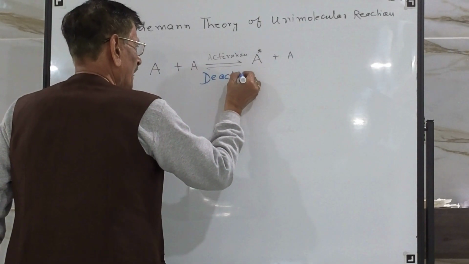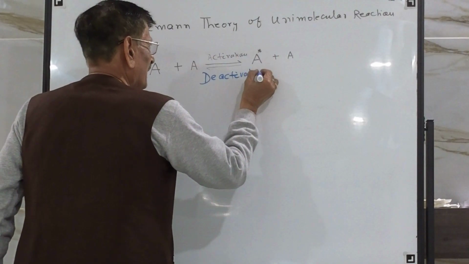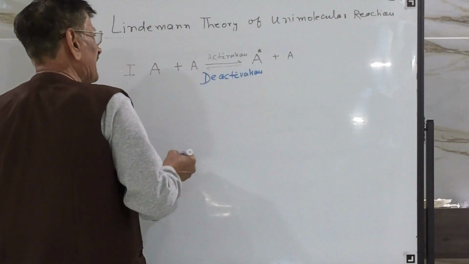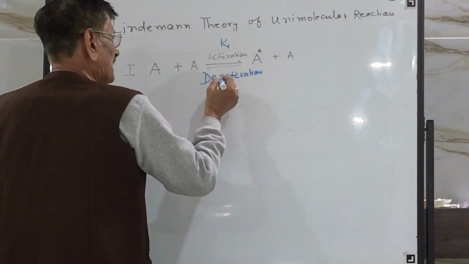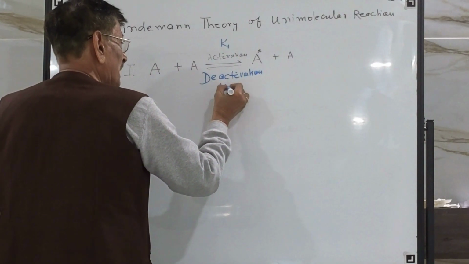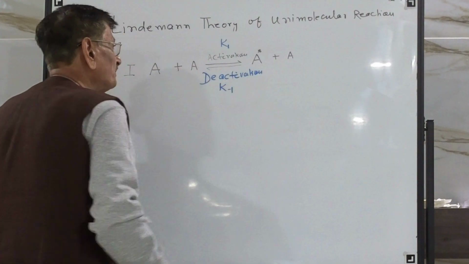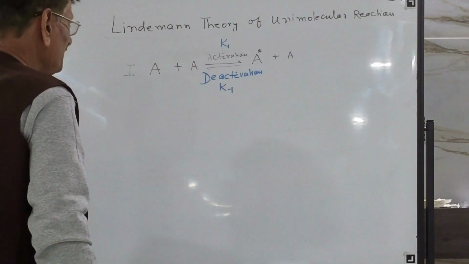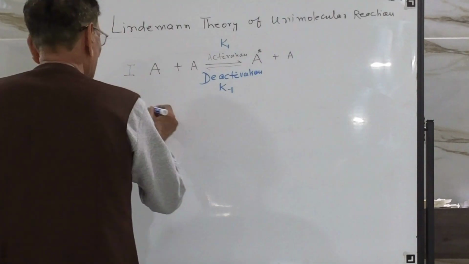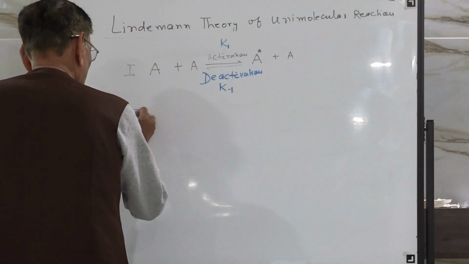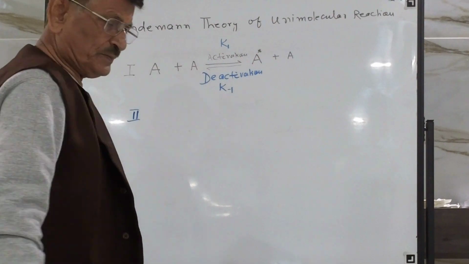Suppose the rate constant of activation is K1 and the rate constant of deactivation is K minus 1. That is, activation is a reversible process. And in the second step, now suppose